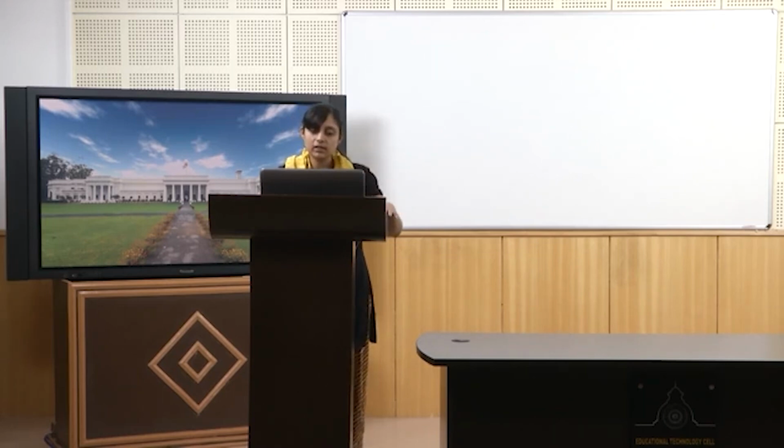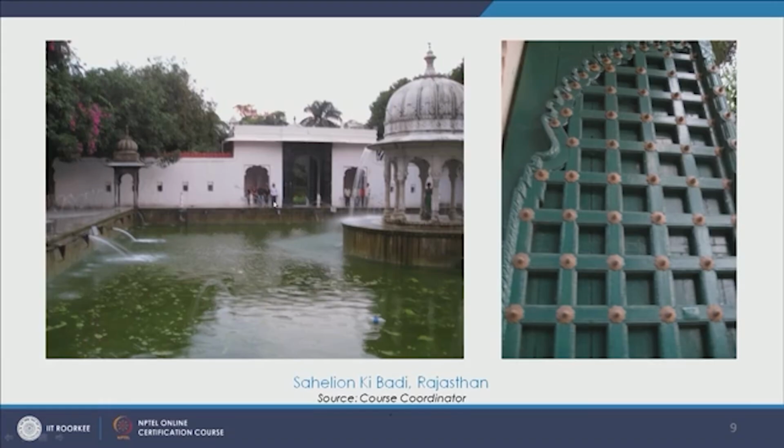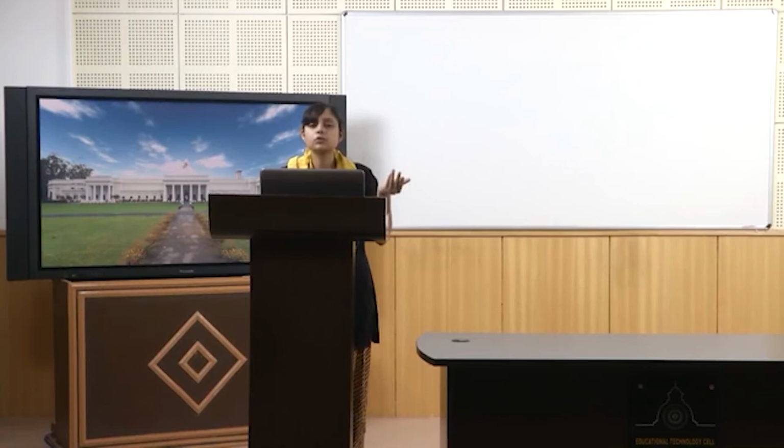So this is Molela. This is Saheliyon ki Badi in Rajasthan, and we see this beautiful central space which has this water body in the center, and which instantly creates an experience and enriches the environment and the immediate surroundings of the user. We also see the timber and metal craft over here in doors and other space making elements. So because these are just overviews, I have put limited pictures, and we will discuss in detail 2 specific case